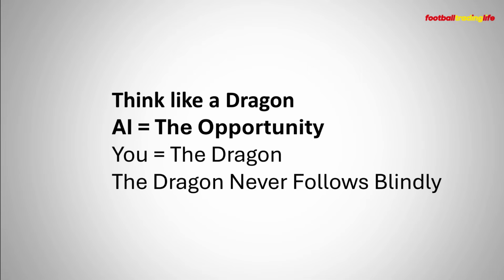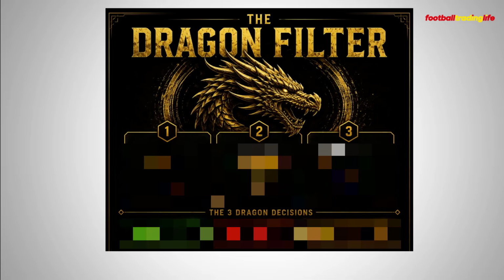So we're going to look at what the dragon filter is right now. As we move into this modern era, you're going to be doing this more and more. You're probably going to go to AI firstly to see what is suggested as a trading opportunity for the match. It's obviously going to take a very long time to research every match, as we know. That's why most people are moving to AI to save the time and do all the research for them. But that doesn't mean you're just going to follow the AI blindly. So you should run it through your very own filter.